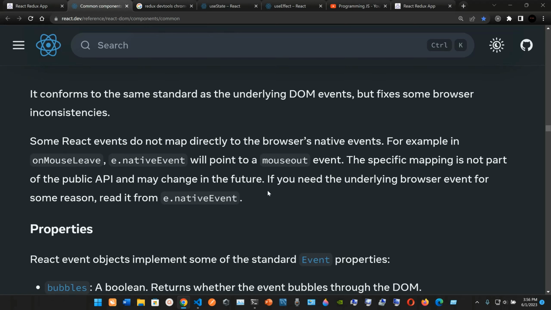Some React events do not map directly to the browser's native events. For example, onMouseLeave, e.nativeEvent will point to a mouse event. The specific mapping is not part of the public API. It may change in the future. If you need the underlying browser event for some reason, read it from the e.nativeEvent, so you can read this